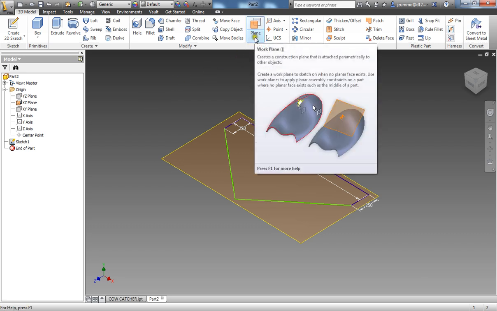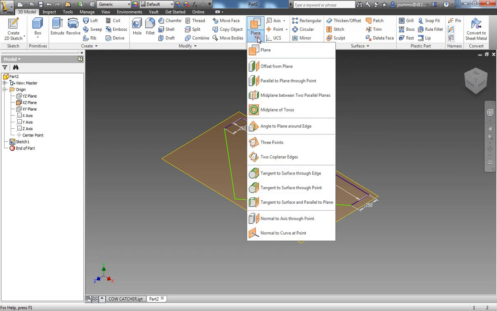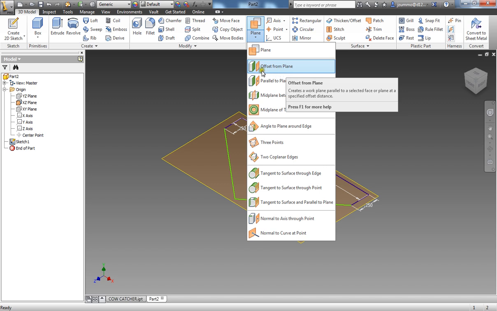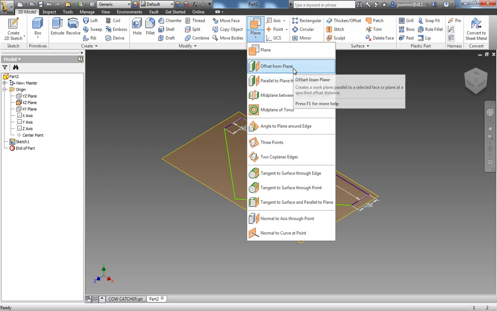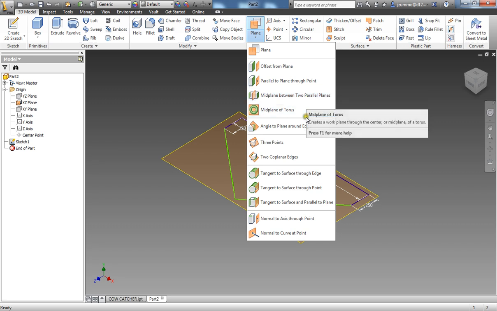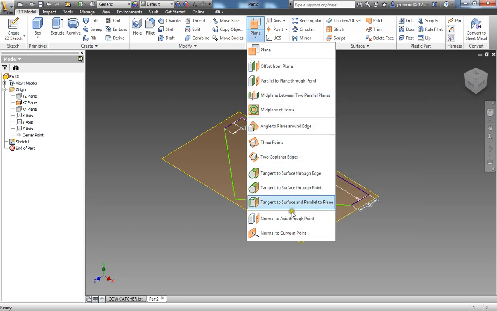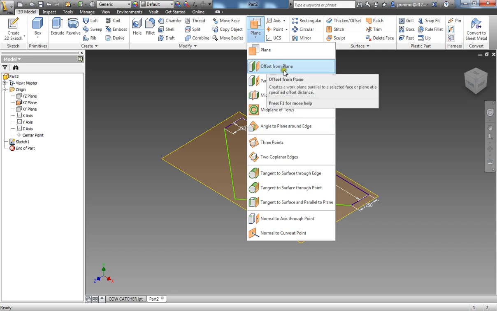So I'm going to create a new plane. We have many different options for placing a plane here in Inventor. The one that we are going to use here today is offset from a plane. So basically I can just say I want you to be a certain distance from whatever original one I want to select from. But take note that there are quite a few different options here for creating new planes and effectively creating unique parts in that manner. So I'm going to go ahead and select offset from plane,